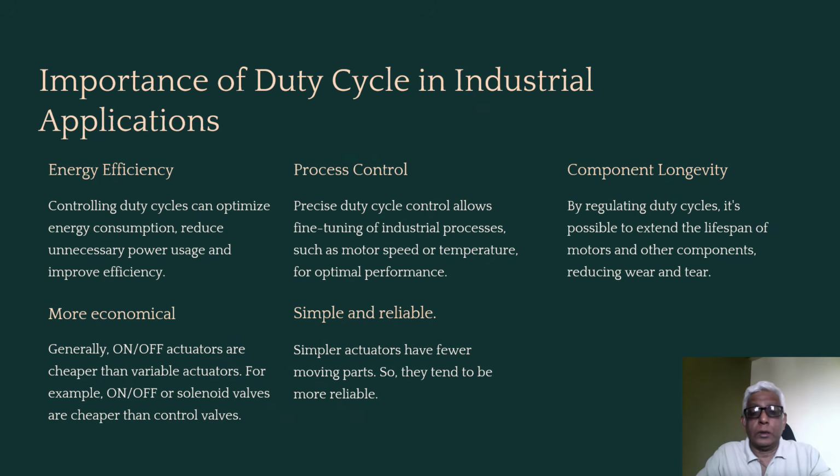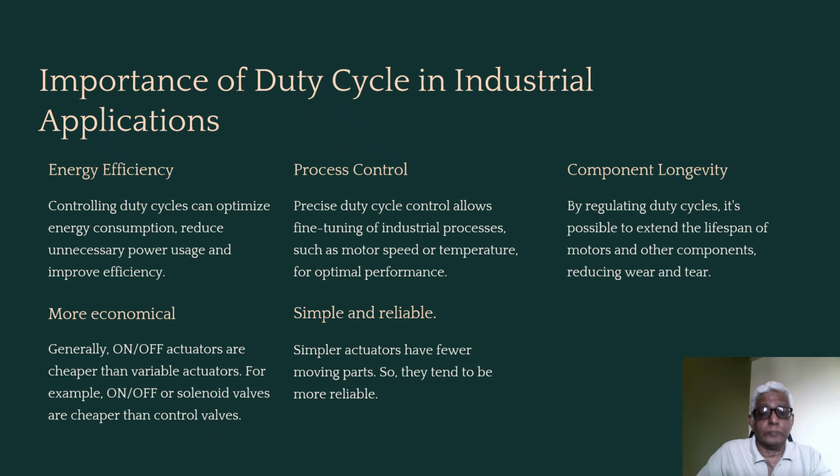So, why is this important in industry? Number one, you get much better control than with simple on-off control. For example, in heating processes and other things, unnecessary application of heat is avoided. That has its own advantages, like saving of energy. You also get much better accuracy of the controlled